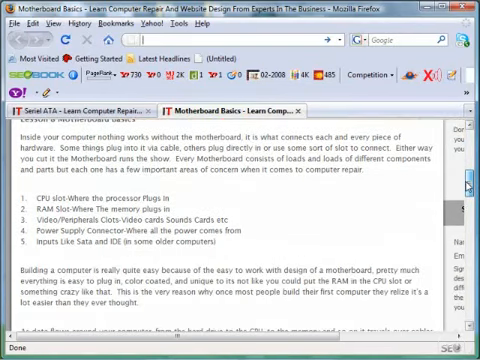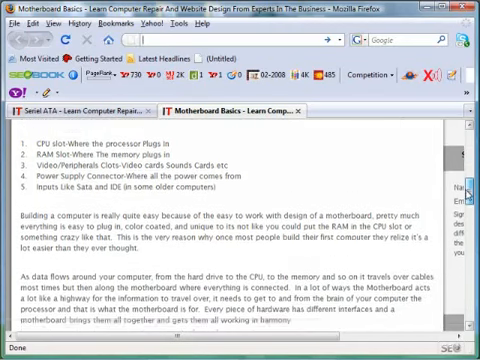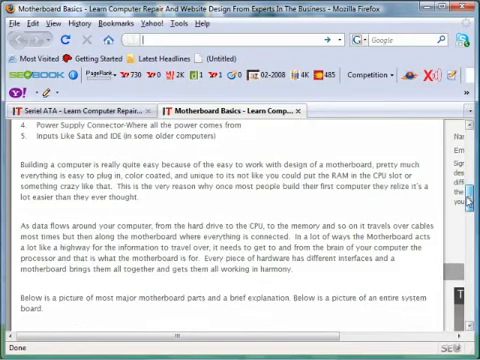There's 5 main parts basically. You've got your CPU slot where the processor plugs in. You've got your RAM slot where the memory plugs in. Video or peripheral card slots where video cards, sound cards, etc. will plug in. You've got your power supply connectors and inputs like SATA or IDE for hard drives and other